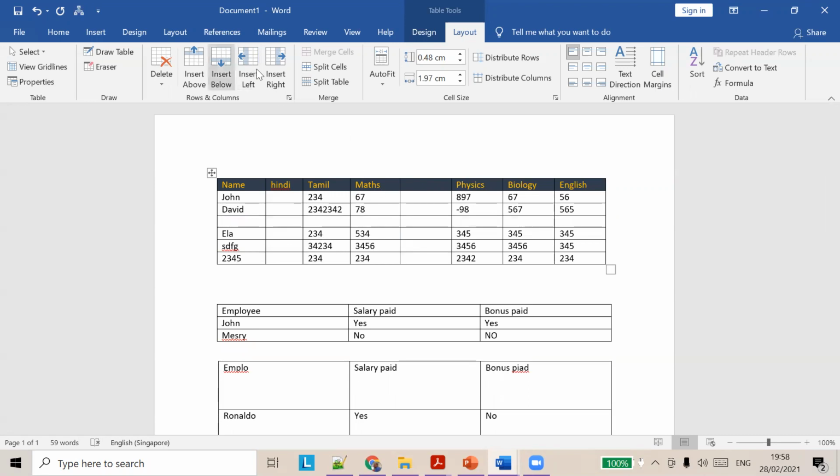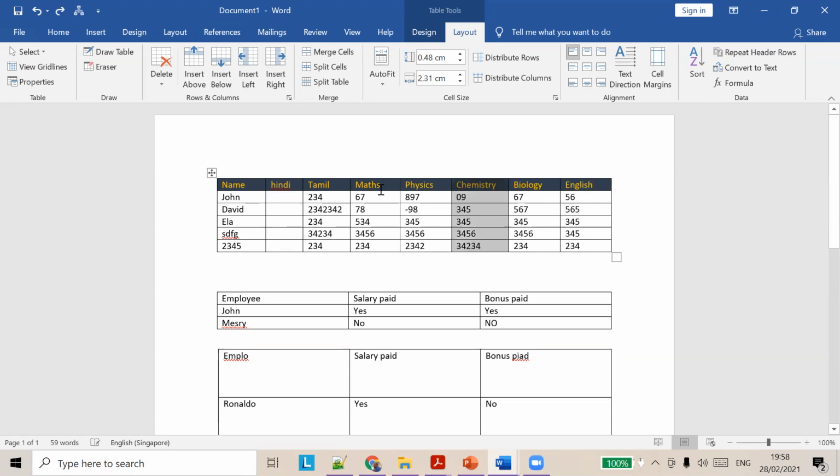But there is another option. We can also do it from here. What we can do is from here also we can do it. Okay. So what I am going to do is, I want to add, let's say our cursor is here in physics. Okay, I want to add a column to the left of this physics. So left of physics means after maths and before physics, correct? So I will do this, I do see insert columns to the left.